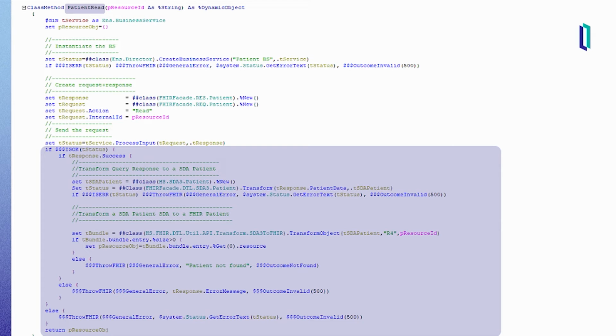What I need to do is basically transform my format into an SDA. We have a simple transformation